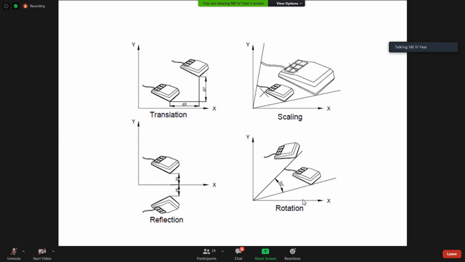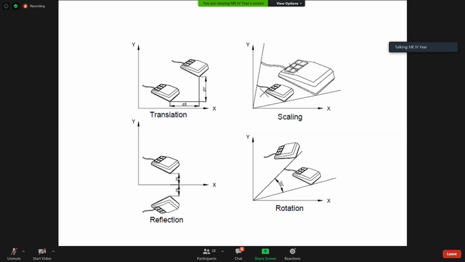If I do it in this direction, it is clockwise. So what rotation is showing in this PPT? It is showing anti-clockwise.